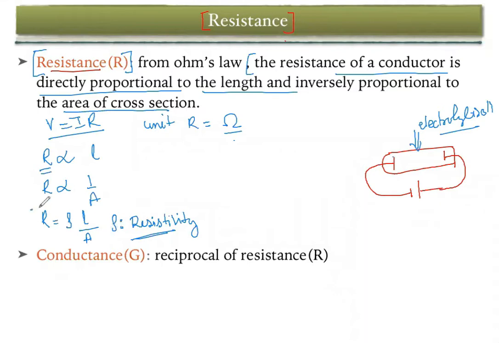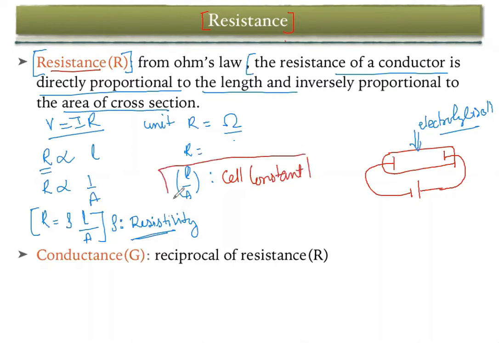Now let us understand the terms related to this formula. R represents resistance. L by A is known as the cell constant. So remember, L by A is known as cell constant. What is L by A? L is the length of this tube and A is the area of cross section. In the solution, ions are present and these ions complete the circuit. Now, what is the unit of L by A? Let me know in the comment section.